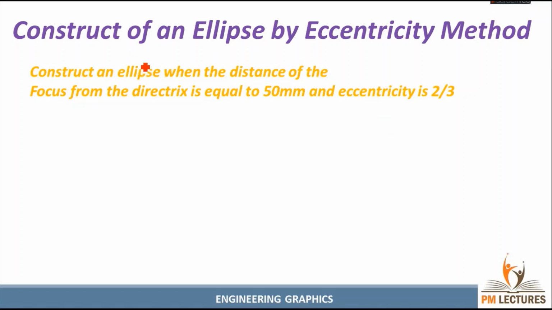By seeing the word itself we can understand it's an ellipse problem. Sometimes, instead of giving the question directly, they give it indirectly, so at that time we need to find out whether it's an ellipse, parabola or hyperbola problem. We can find out only by using this eccentricity value. If we solve the numerator and denominator, we get the value of 0.66. So this value is less than 1, so it's an ellipse problem.